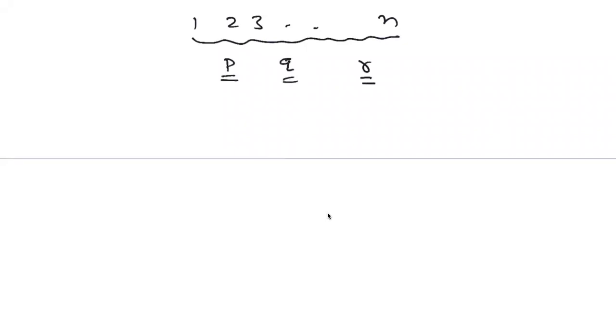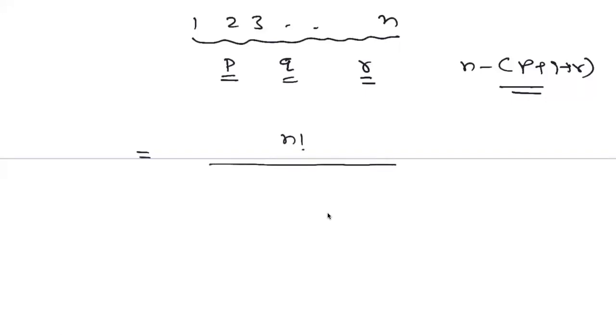Then what is the permutation? How many ways can we arrange this? And the rest of N minus P plus Q plus R are different, or distinct. Then how many ways can we arrange this? So the answer in this case will be factorial n upon factorial p, factorial q, factorial r. And the rest will be in a different way,